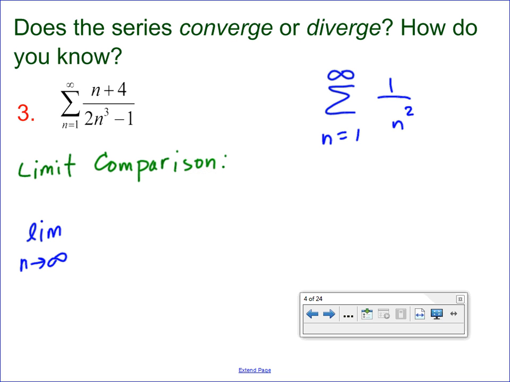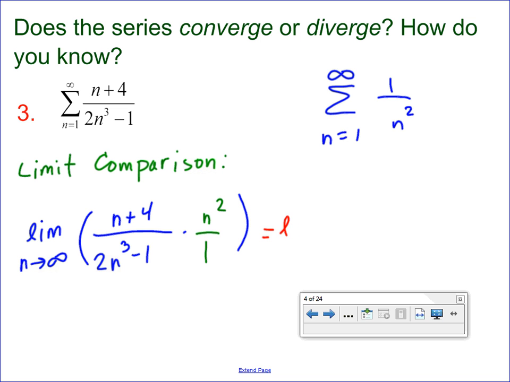So I'll let my original be series A, n plus 4 over 2n cubed minus 1. And then I'm going to divide by my chosen series of comparison. That is 1 over n squared, which I know to converge by the p-series test. But dividing by this fraction, 1 over n squared, is the same as multiplying by n squared over 1. So I'm going to go ahead and do some algebra and see what happens. n plus 4 times n squared is going to be n cubed plus 4n squared all over